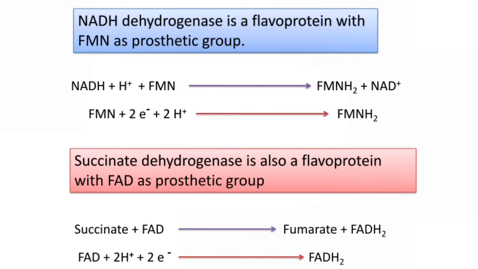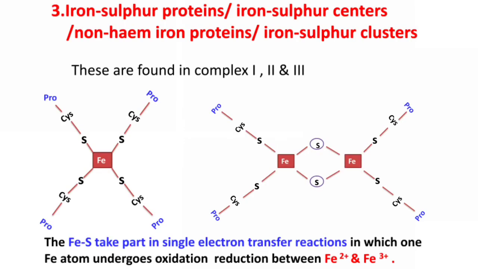So here when you see the reaction, succinate plus FAD react to form fumarate and FADH2. So here the electrons from the succinate are transferred to FAD. Same way as FMN accepts the electrons and protons, here also FAD accepts 2 protons and 2 electrons and it is reduced to FADH2. Coming to next component, that is iron-sulphur proteins or iron-sulphur centers or non-heme iron proteins or